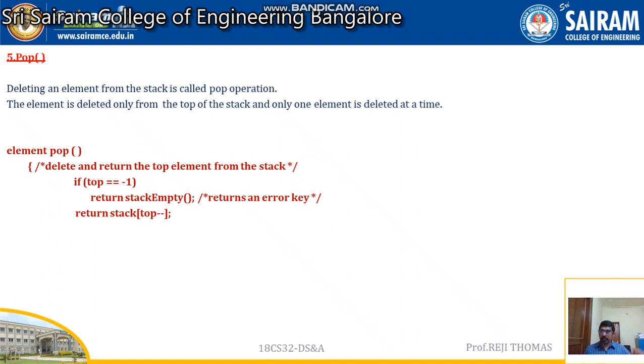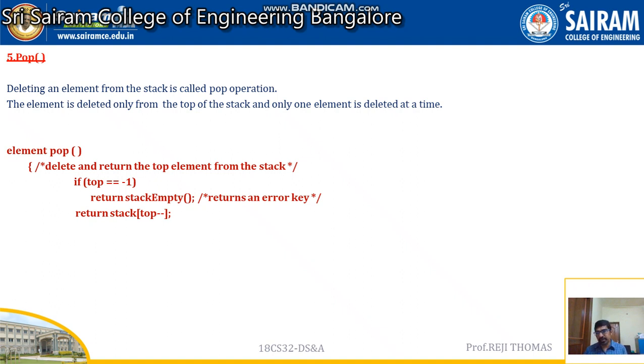Now what happened? What was there at the topmost of the stack? What was the topmost element? This will be returned. Look at the function definition, look at your function name. Before that, you can see there is an element. So what is the item you're going to return, which is of type element? We wrote it as element there, and this we are going to return. Once this is done, immediately your top will get decremented.